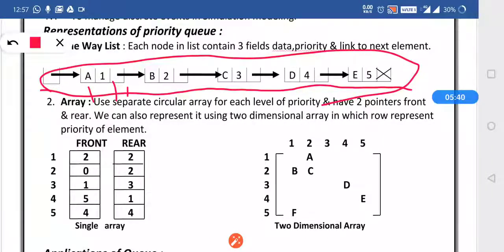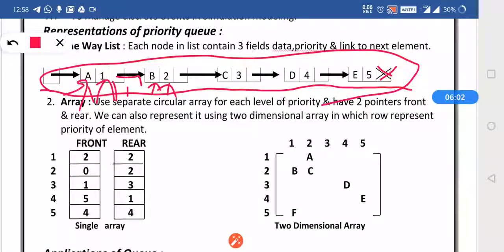Suppose we see this first node. It has the data A, priority 1, and the pointer or link is given. Then the next is data B, with priority 2 and link, and so on. And the last element is denoted by null because we do not have any next pointer to point to.